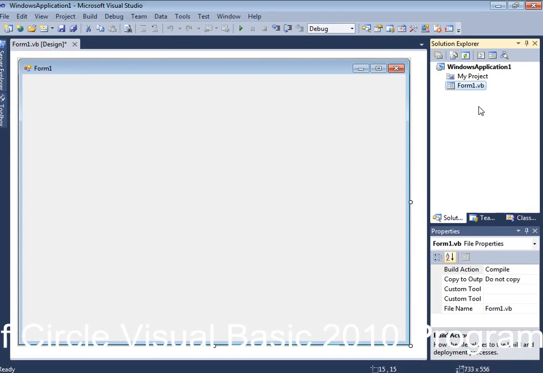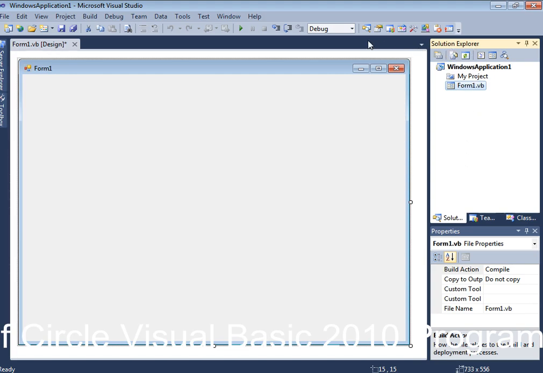Similarly, the Solution Explorer is like a File Explorer or a Windows Explorer, where you can place many forms, because one application or one project that you are going to develop will have many forms. Now we are doing only one form, since it's the beginning of our introduction to this course. Later on we may use multiple forms. You can create as many forms as you want, and all of them can be accessed through this Solution Explorer window.